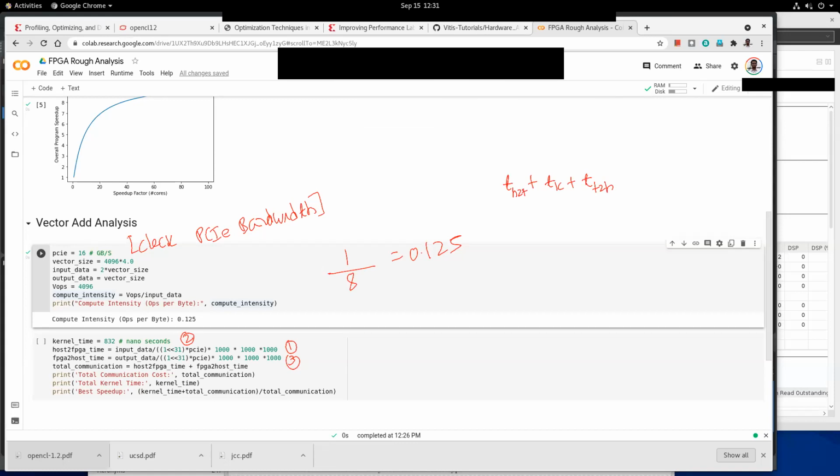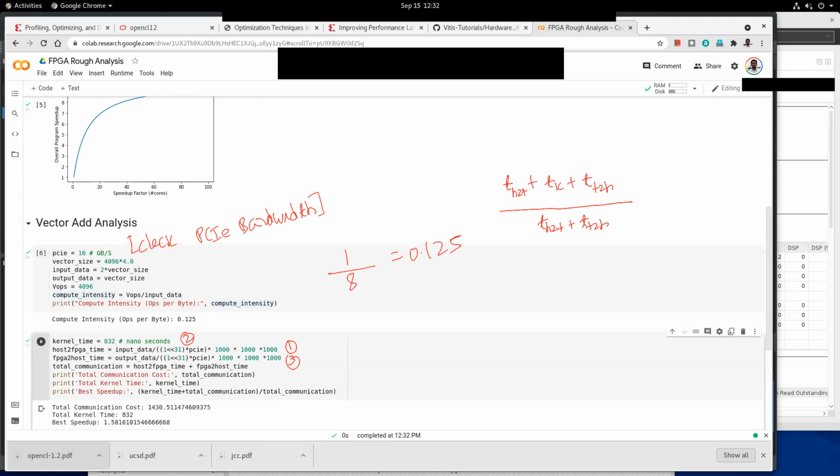So you do all your fancy stuff, and if you are able to reduce even the kernel time to close to 0, negligible, your communication overhead will still be there because you have to transfer the data from the host to FPGA and back. And if you do this computation, you will see that the best speed up that you can get is 1.58.